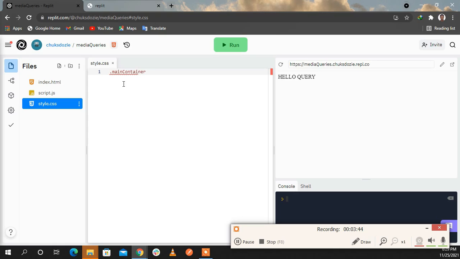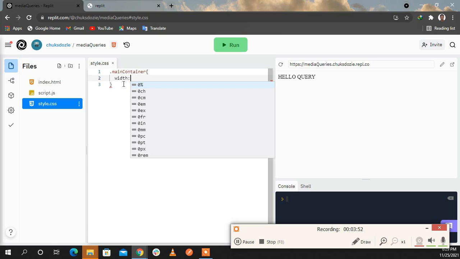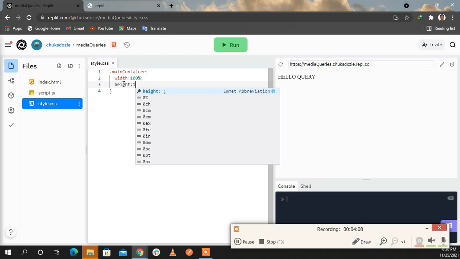Curly braces, and then I'm going to start with width, and the width should be 100%. Remember, each line of CSS ends with a semicolon. And also I'll say the height should be 100